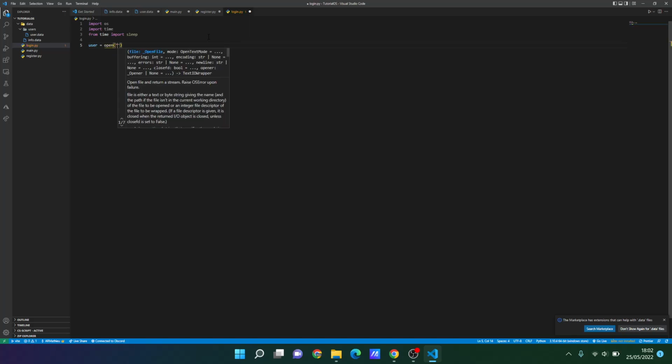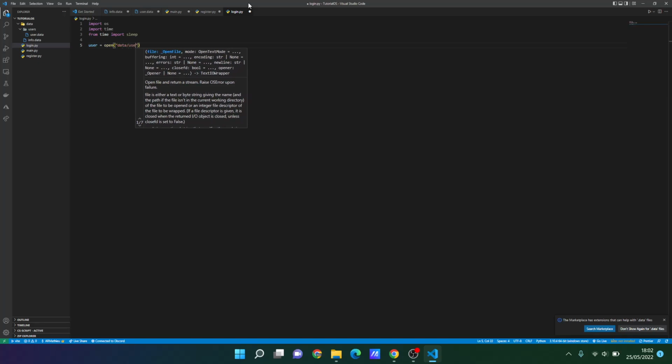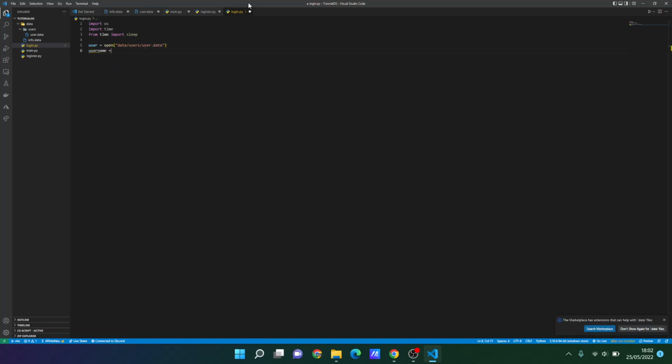We want to open. So basically, we'll then open data /user/user.data, and then username equal user.read. Okay. As for the password, so basically what we'll do is, for the password we'll do pass, like that, pass equal